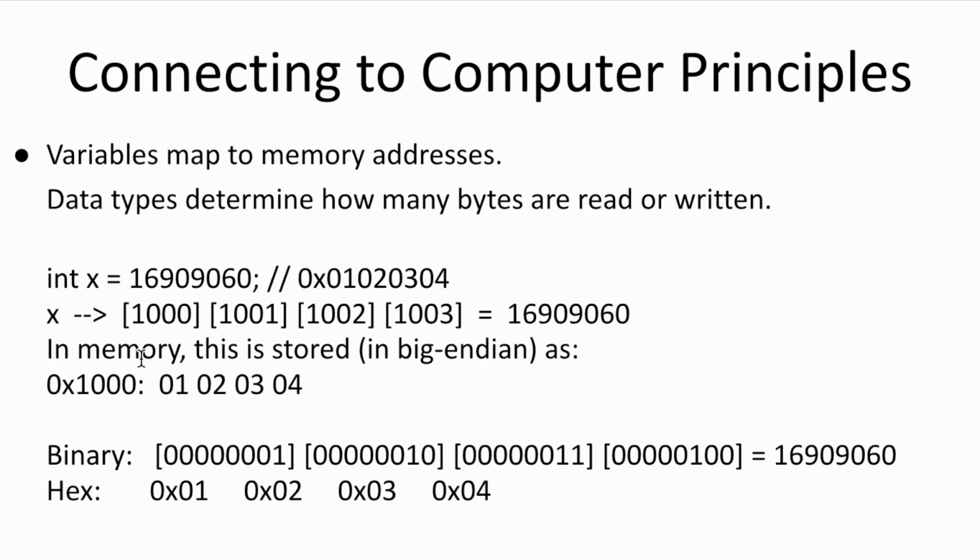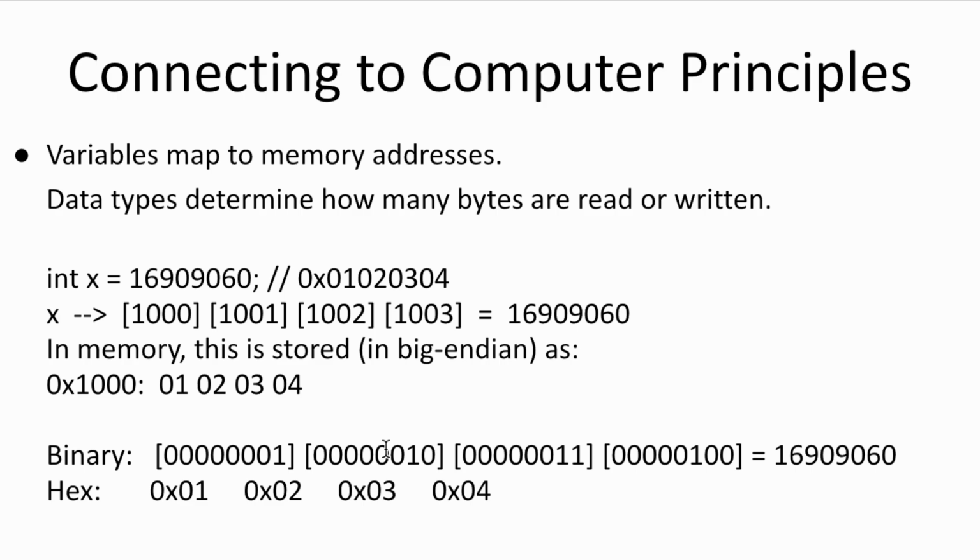Without a type, the system could misread the memory. This is the actual binary pattern of the number. Treating 4 bytes meant for a float as an int, or trying to call a method on a number, would be wrong. That's why variables must be strongly typed in Java. When you declare x, the system knows to reserve 4 bytes in memory, to treat those bytes as a signed 32-bit integer,